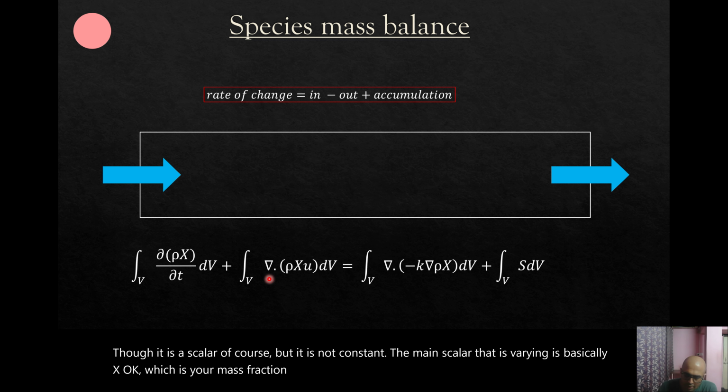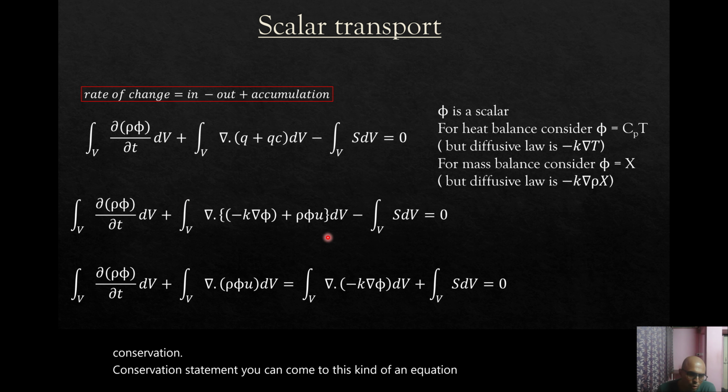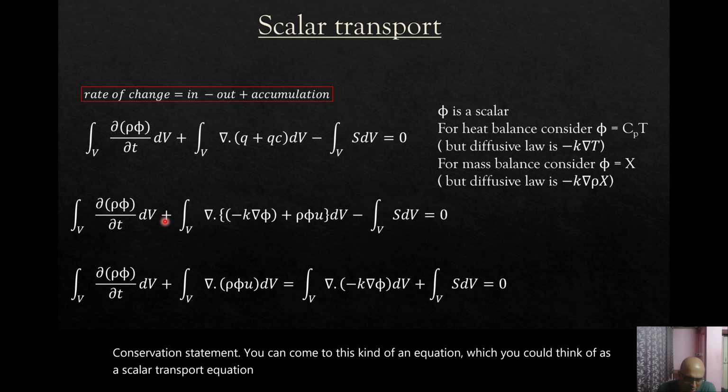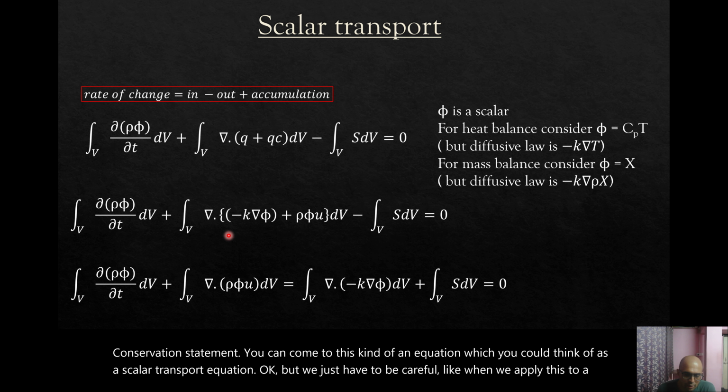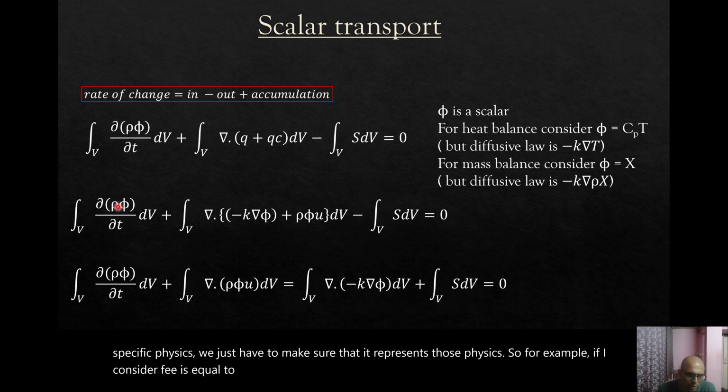So let's try to extend this idea to a generalized scalar phi, okay. And then by doing a very similar conservation statement, you can come to this kind of an equation, which you could think of as a scalar transport equation. But we just have to be careful, when we apply this to specific physics, we have to make sure that it represents those physics. So for example, if I consider phi is equal to x, it might fit here, but it won't fit this term, okay, because